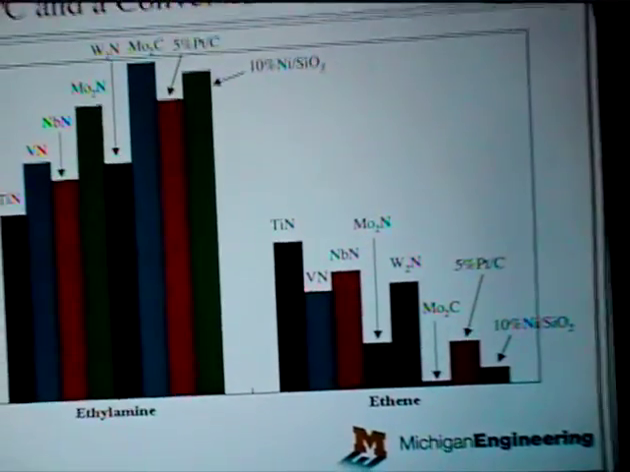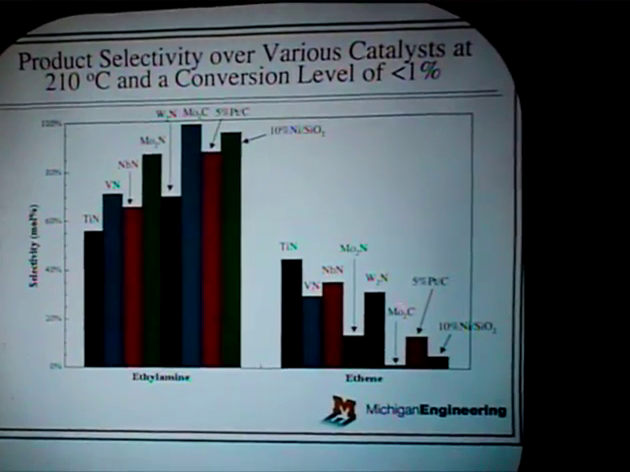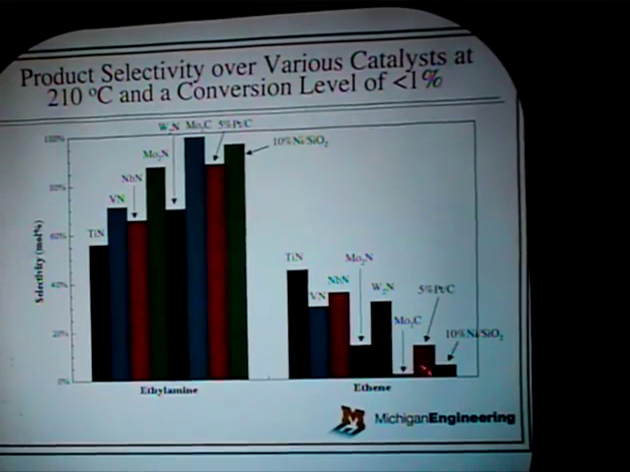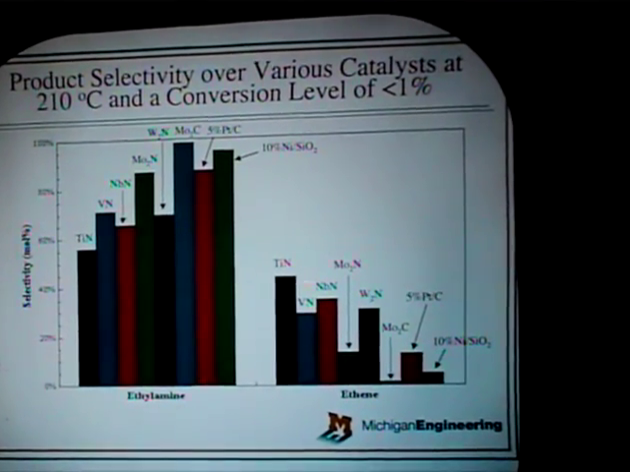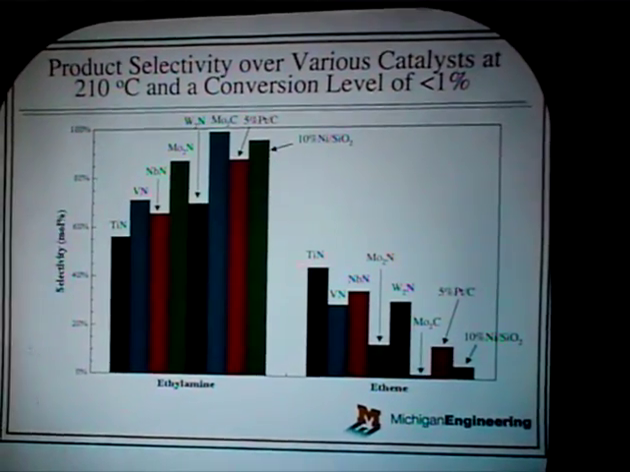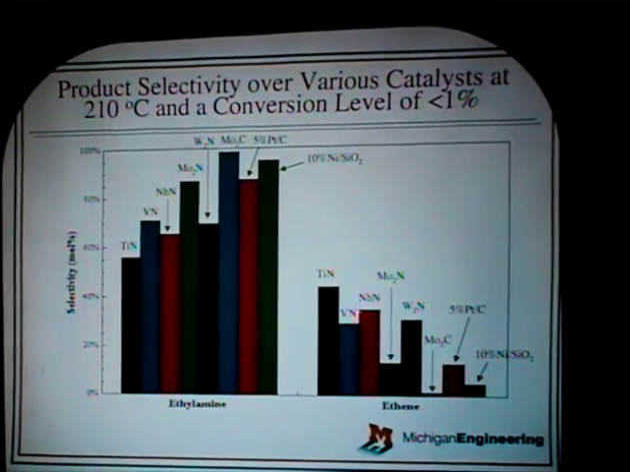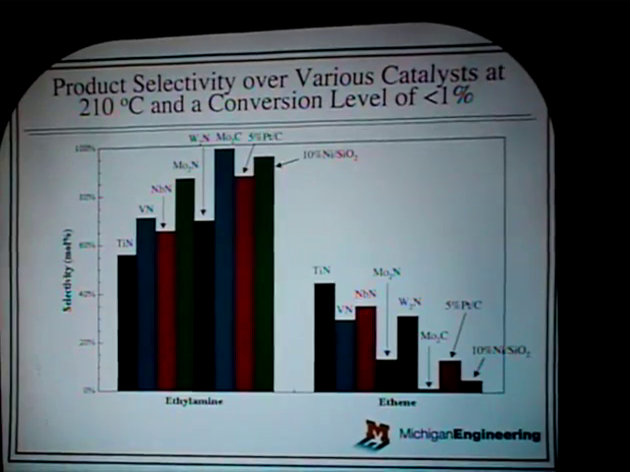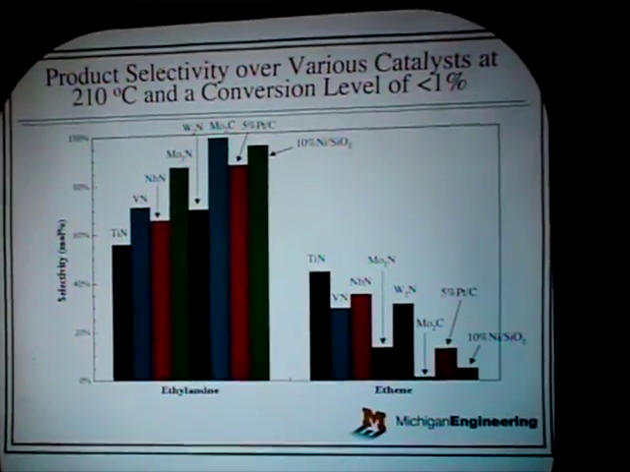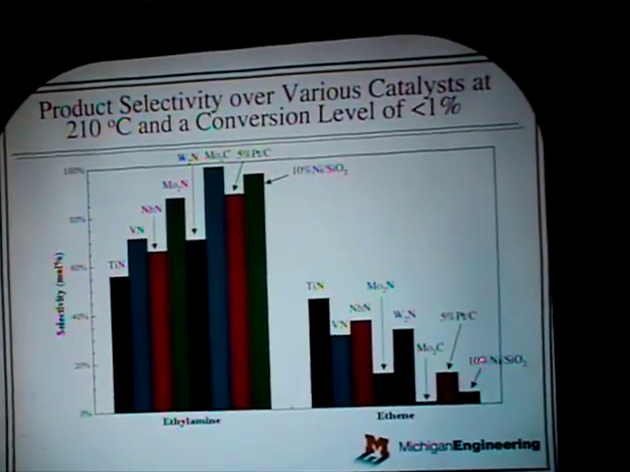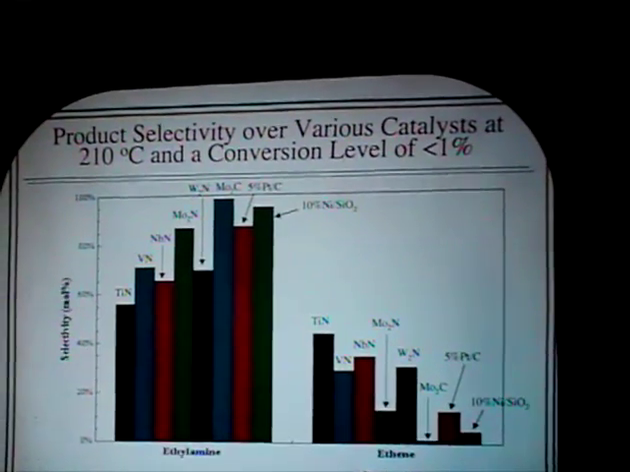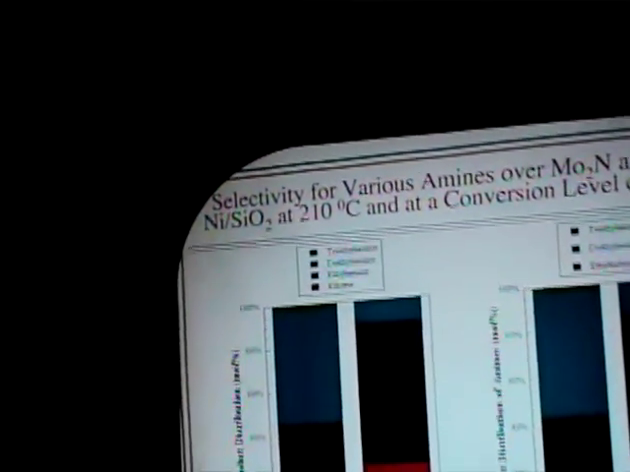And the selectivity for ethylene is very low for molybdenum carbide, and this is a very good indication because ethylene is a byproduct for the reaction. And other materials have higher selectivity for ethylene, like titanium nitride, vanadium nitride. They have very high selectivity for this ethylene formation as compared to the commercial catalyst 10% nickel on silica. Now this is the situation if the conversion is very low, where we do not find any higher homologues of this series, that is diethylamine or triethylamine. But if we keep the conversion higher, in the range of 15%,